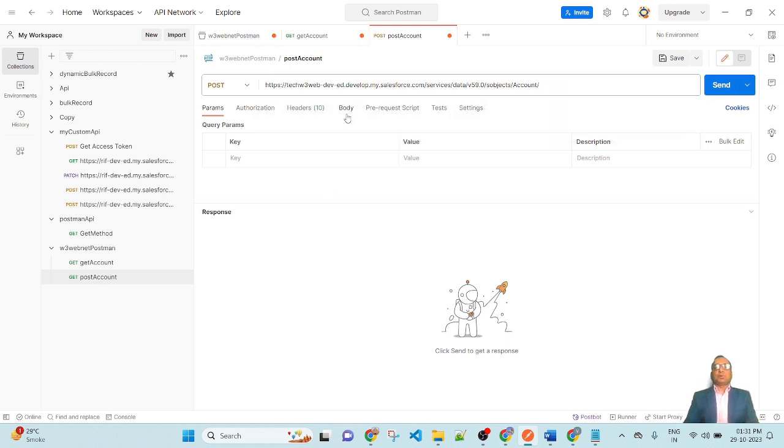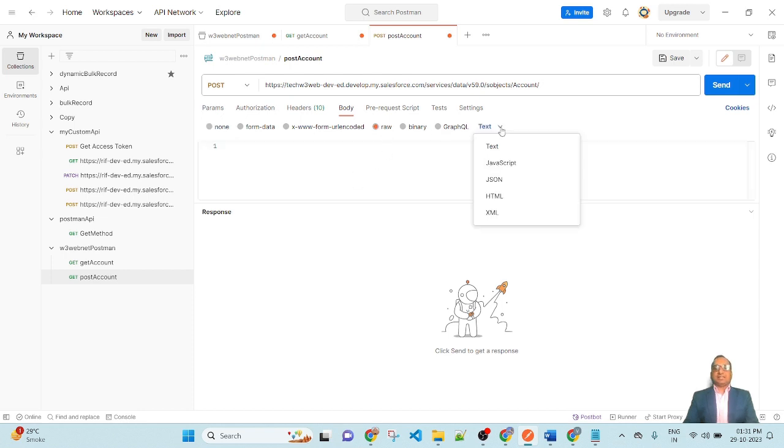After that, go to Body, select raw, and change Text to JSON because I am sending data in JSON format. Here, create a curly bracket. Inside the curly bracket, we will pass the field name and value. So here we will pass the fields name, phone and description. So here we will pass three fields and values. So the first field will be name, colon, double quote. Here we will pass the value Vijay Tech School,